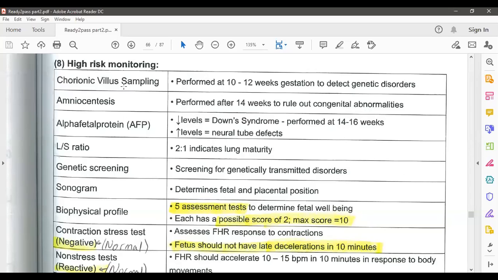The complications are chorioamnionitis or perforation, rupture of the membrane, or chance of abortion or miscarriage. So these are the common complications of chorionic villus sampling. The second test we should do is called